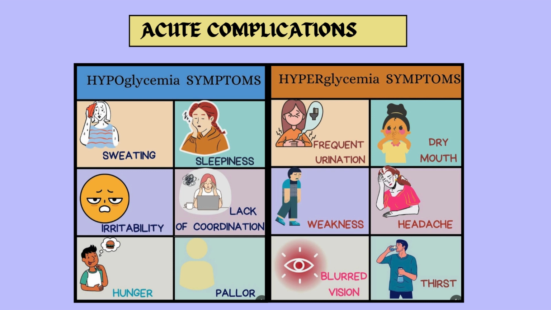In this, the patient will urinate a lot, and there is a dry mouth because the patient is urinating. So the patient is going into a dehydration condition, and if the patient is getting dehydrated, there will be weakness, there will be headache. And because of urinating a lot, the patient will be thirsty. So this condition we can treat with insulin, or if it's a severe condition, like IV insulin or